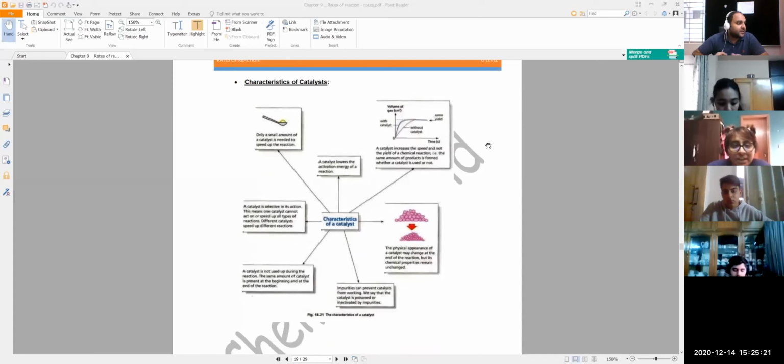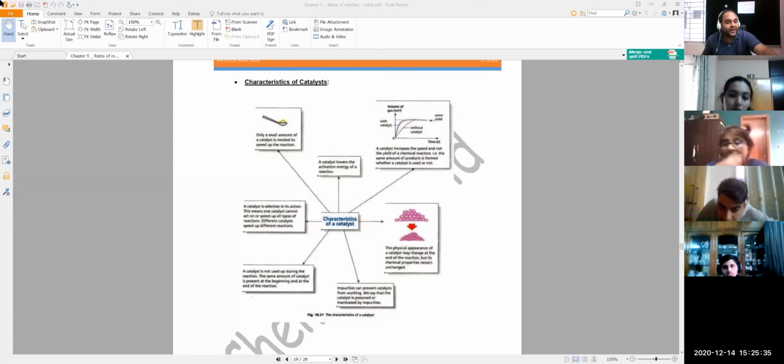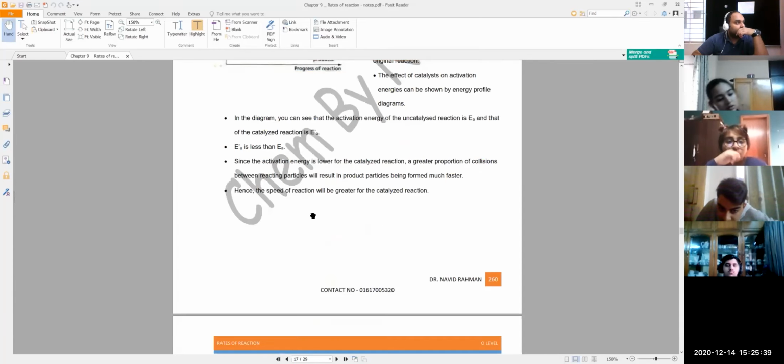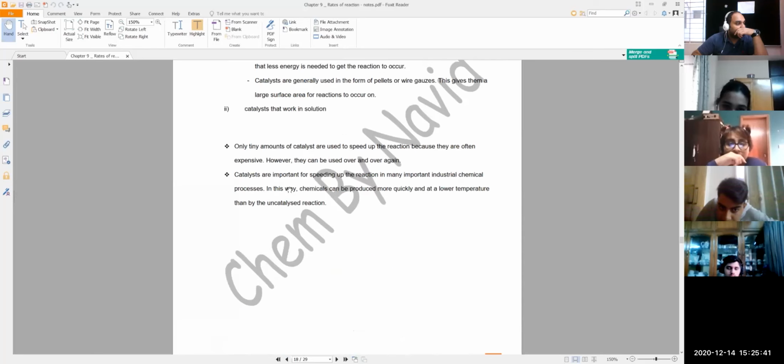So, characteristics of a catalyst. It lowers our activation energy. We all know that. It lowers the activation energy by providing an alternate route, right? We all know that. Next is